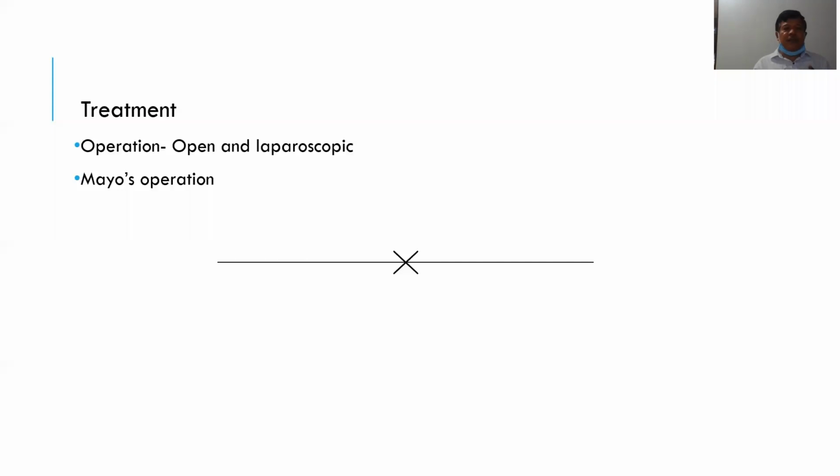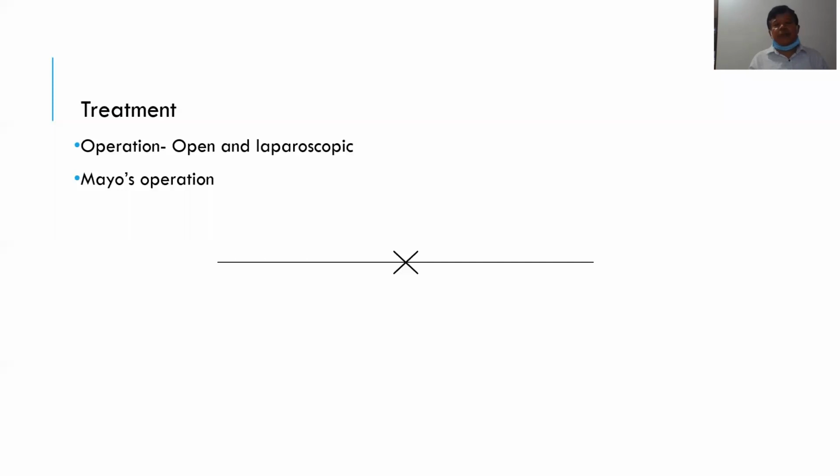And whatever incision is made here is an elliptical type of incision, just above the umbilicus or below the umbilicus, or even including the umbilicus. If it is too big, then the umbilicus may be excised. The elliptical incision along with double breasting with a transverse incision about the defect is the principle of Mayo's operation. So Mayo's operation is not only done for umbilical hernia, but also in case of other midline hernias, which may be epigastric or incisional hernia.